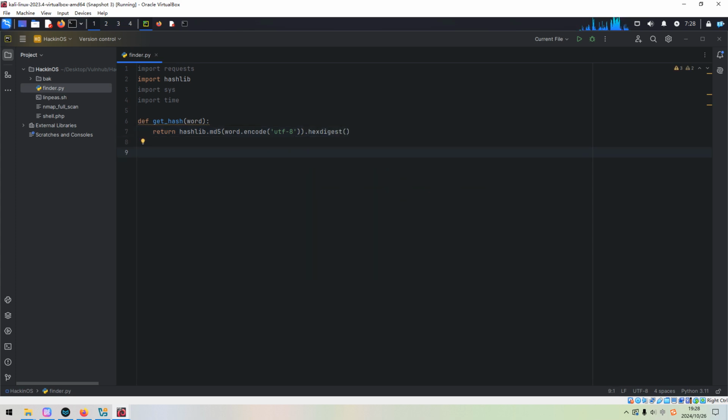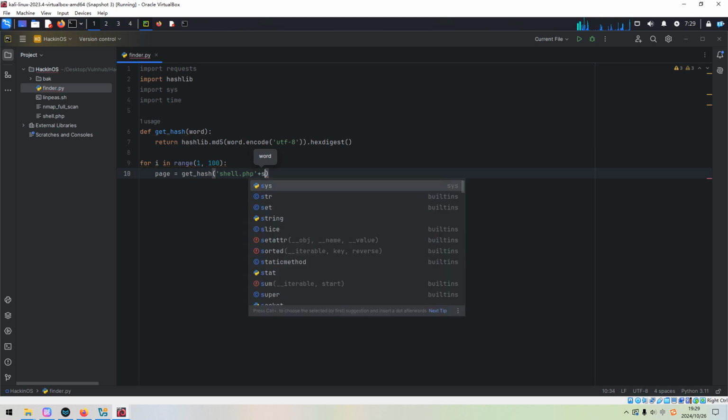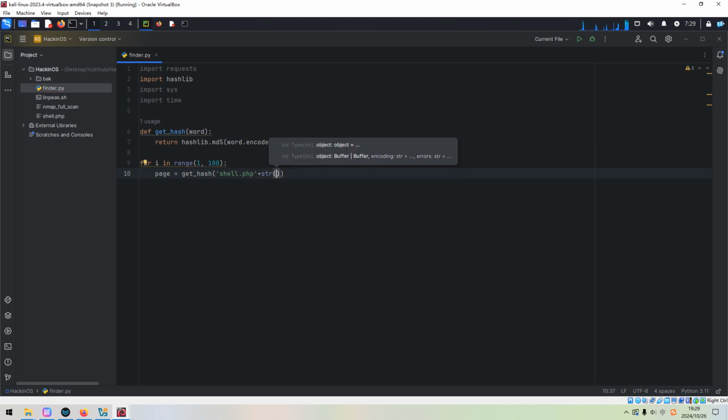Next, we can loop for i in range 1 to 100. The page should be get hash of our original file, shell.php, plus the string.